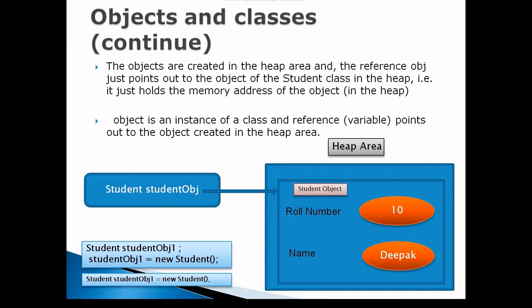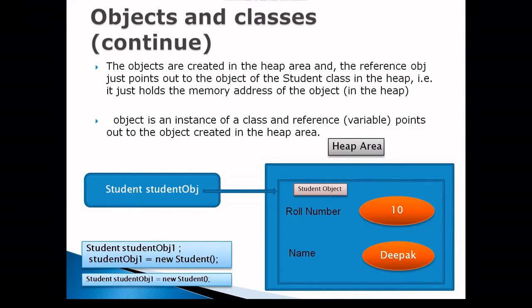That is, it just holds the memory address of the object in the heap, as shown in the diagram. An object is an instance of a class, and a reference points to the object created in the heap area. Those who have just started Java programming might have some difficulty understanding this concept. I will upload a separate video on how objects are stored on the heap area,